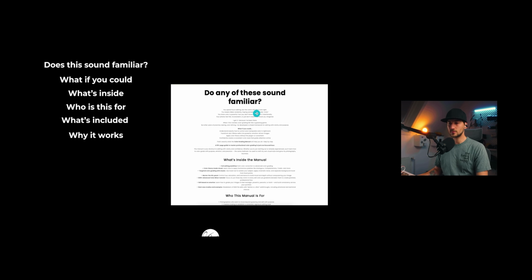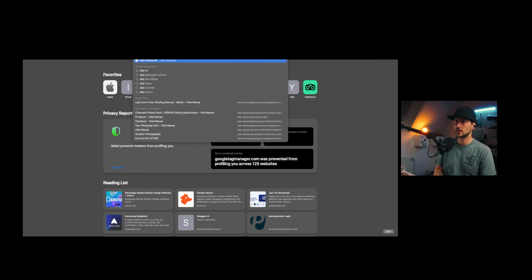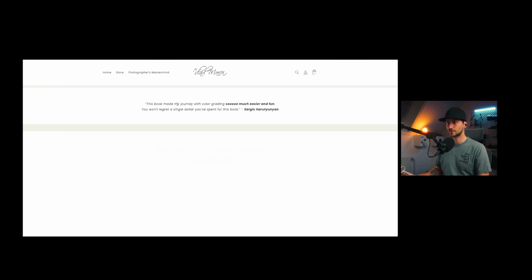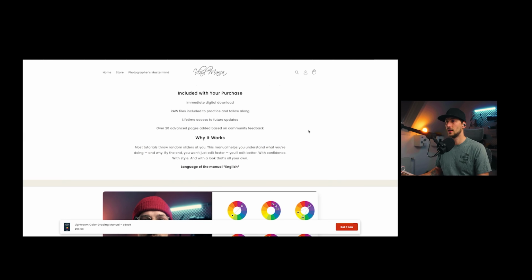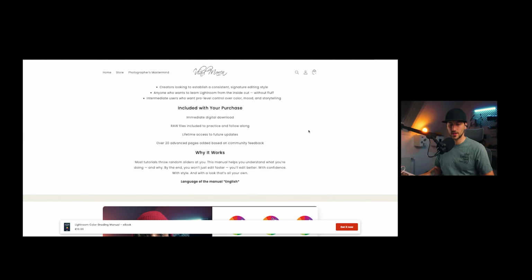Now, in the section of why it works, let me open up the page where I have it. In the section of why it works, I would suggest you punch in exactly the reason why this will work. Usually, as humans, whenever we receive something that helps us process things faster, like it's a timing thing, that's where we get triggered. So if you're telling me